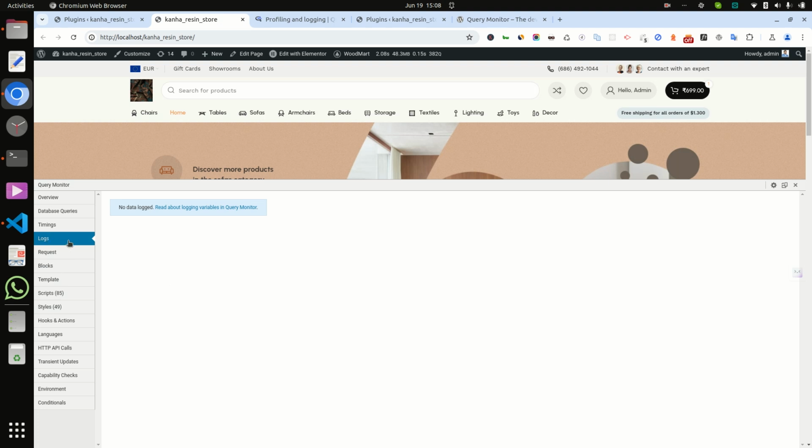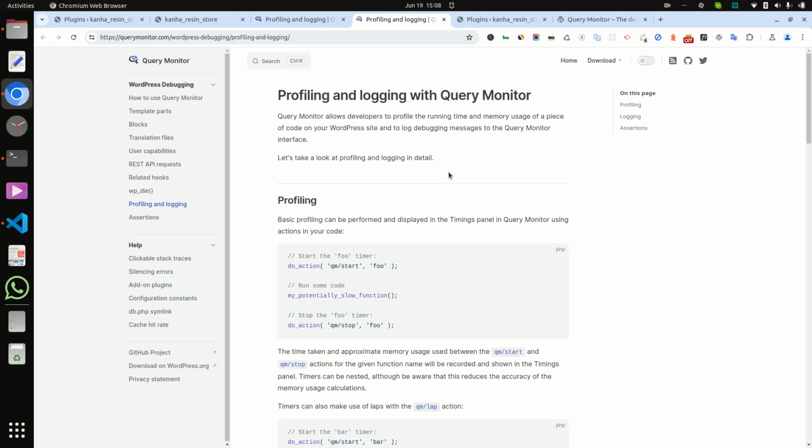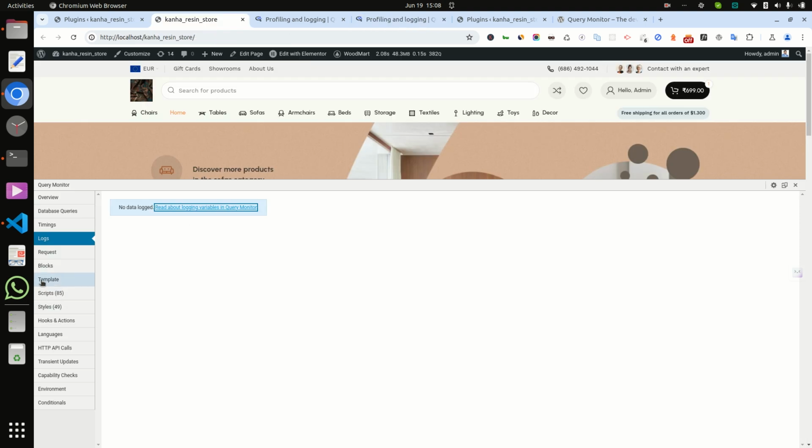Also for logs, we can show the log which we see in the debug log inside wp-content. So we can see it directly here.